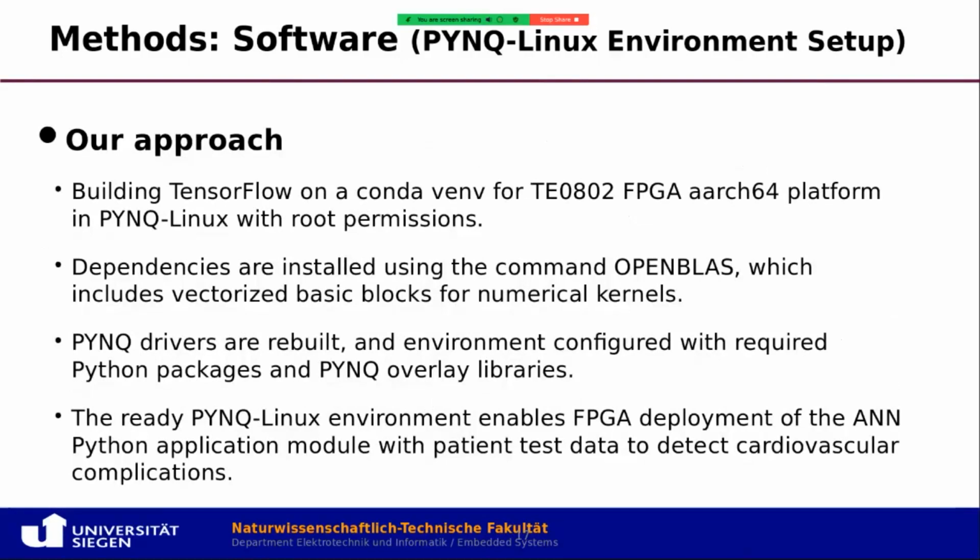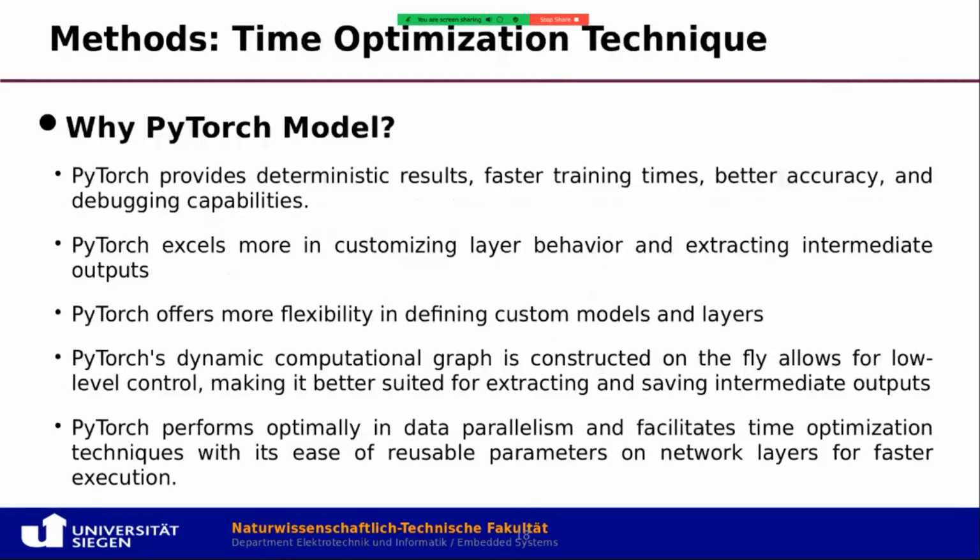Then we install the dependencies using OpenBLAS. With this, it brings up all the vectorized blocks, and that gave us our operating system. We then came to use a PyTorch model because it has a lot of features for our time optimization technique. It could give us a dynamic computational graph, and with that graph, we could flow and restructure models, restructure the layers,